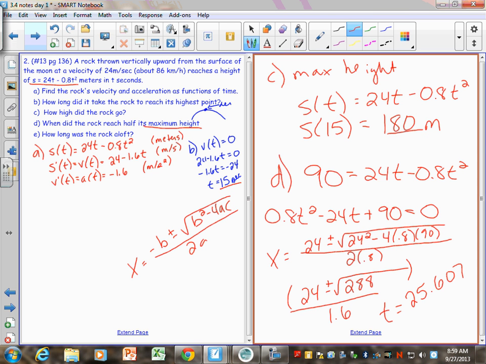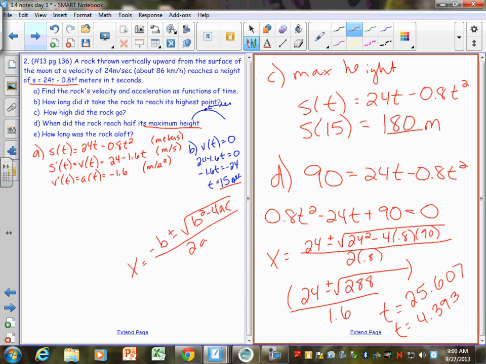And then if you go the other way and you subtract 24 minus the square root of 288, and you divide that by 1.6, you get 4.393. And just so you know, the AP test doesn't care if you round or truncate that third decimal, which